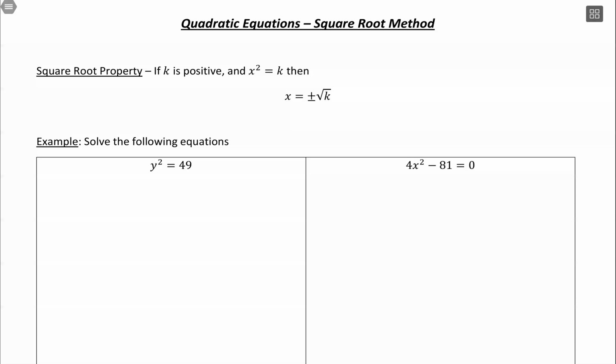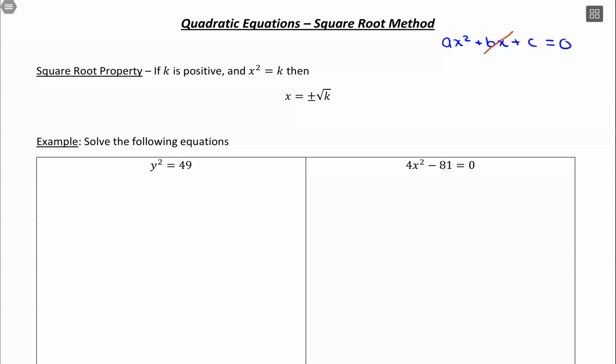So in the last video, we looked at solving quadratic equations using factoring. And what it came down to was having this ax squared plus bx plus c equals 0. But there's another method that we can use called the square root method, and it particularly works when we don't have b times x. It's technically b equals 0 in that case. It's just if we have this x squared term and some constant, we can solve using square roots instead